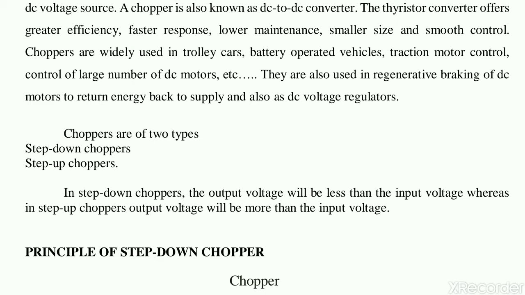In the step down chopper the output DC voltage will be less as compared to the input DC voltage. We will see one by one the complete circuit diagram, operation and waveforms for the step down chopper, and how thyristor control can be used to amplify or decrease the output voltage of the chopper. In this session we mainly focus on the step down chopper, and in the next video I will explain the step up chopper. So let's move forward to the principle of the step down chopper.